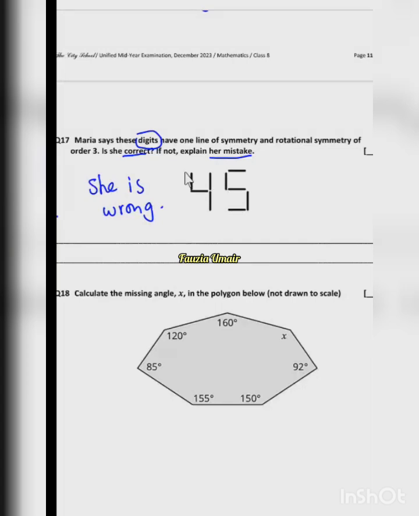But if you are taking the 2 digits separately, then for digit 4, rotational symmetry would be 1 and line of symmetry would be 0. For digit 5,